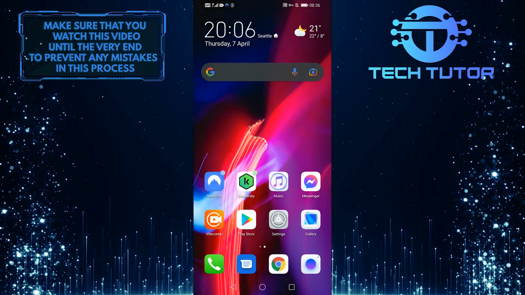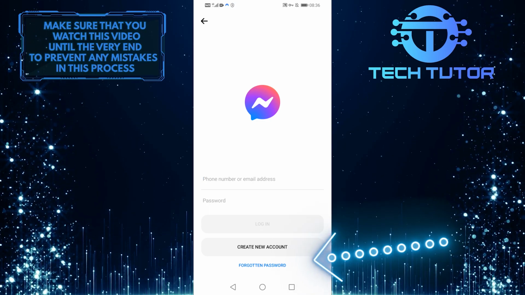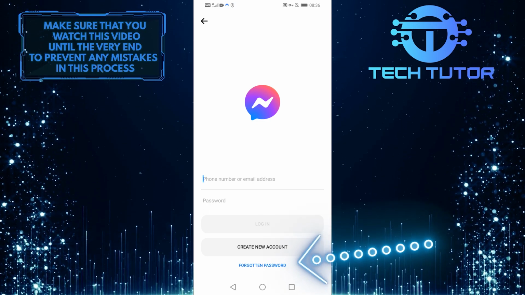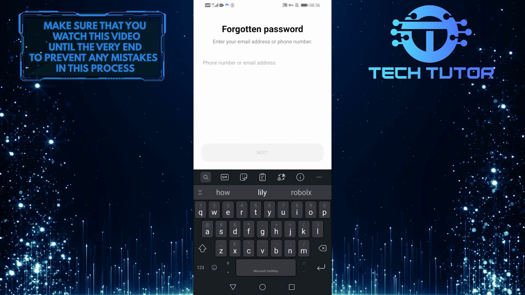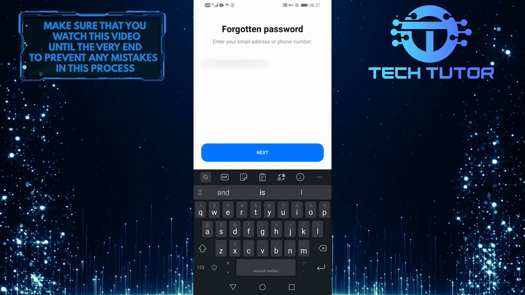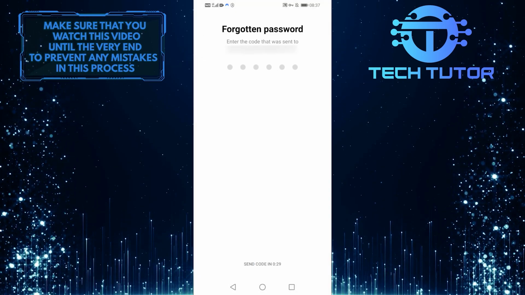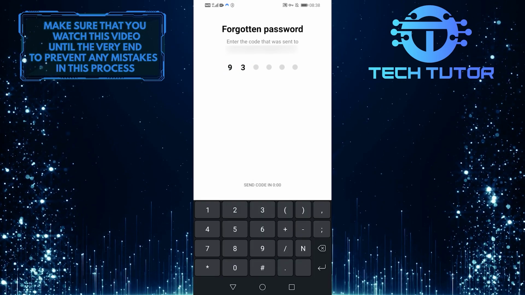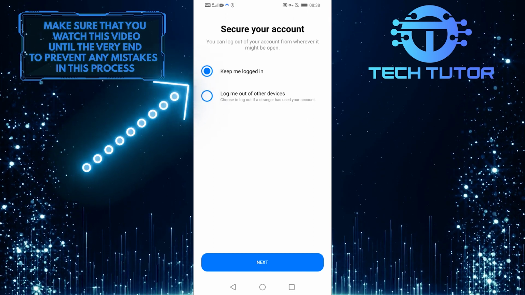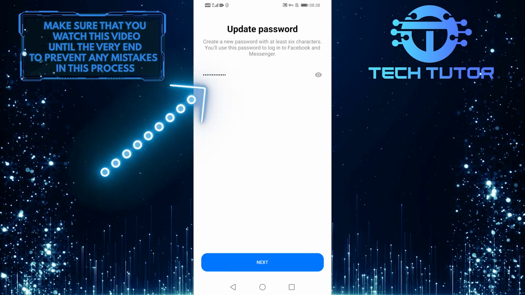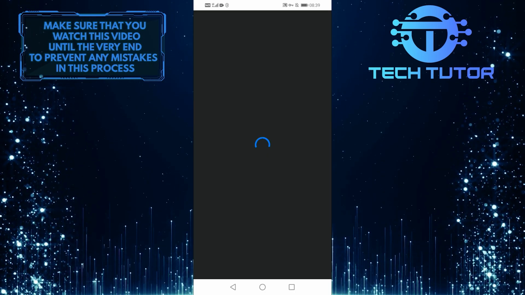If you're still having trouble logging in, it's possible that your username, password, or both are incorrect, and you'll need to reset them. So we'll simply choose Forgotten Password, fill in the account's phone number or email address, and it'll send a code to the email that I entered. Let's go ahead and type that code over here. And let's choose Keep Me Logged In, and then you can enter in your new password over here. And let's just keep going, and it'll reset it as if it were a new app, and you'll be back